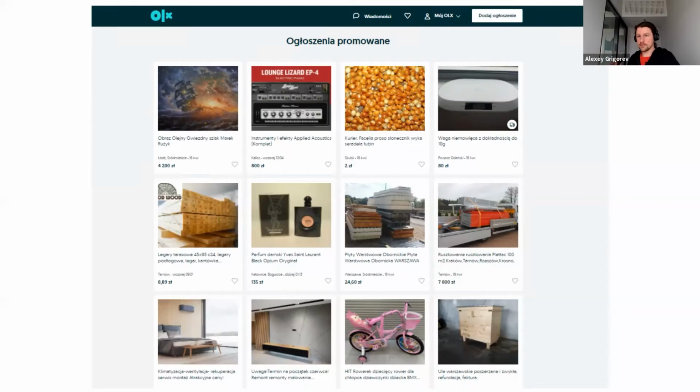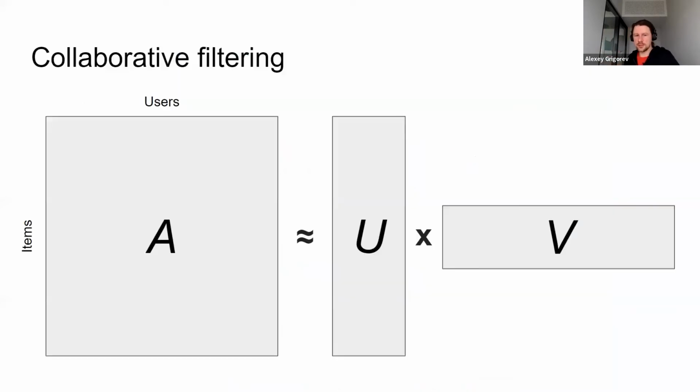So how can we do this? For that, we have a system called recommender system. And the way it works, it's a little bit technical right now, but we need to get all the interactions we have between users and items and put them into this huge matrix A, and then use a thing called collaborative filtering. What it does, it extracts the vectors, like we can represent each item and each user as a vector. Maybe not all of you like math, but you're developers. When you hear vector, you can think of an array of certain length. So let's say an array with 16 numbers, right? Vector is just a fancy word for saying that.